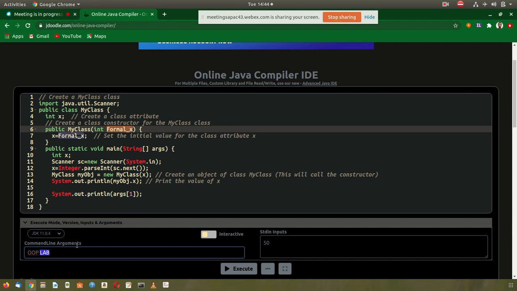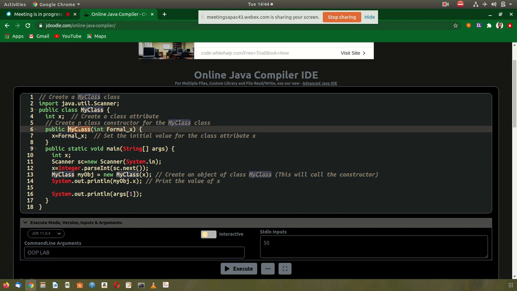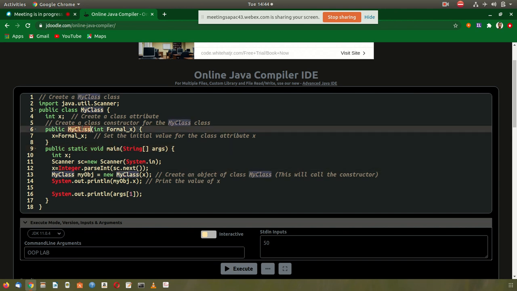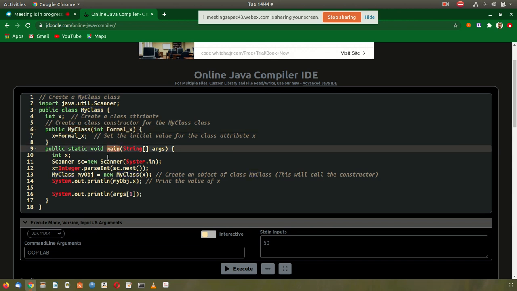To start with command line arguments there is no need to wait, whereas to initialize the constructor we first have to wait for the main function to start, and then whatever input is accepted is passed to the constructor. As soon as the main function starts, the command line argument can be given and this can be initiated.